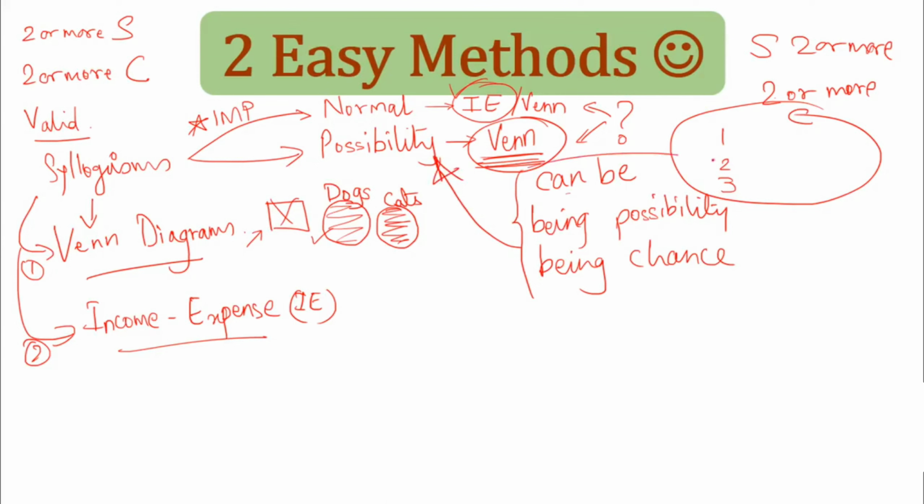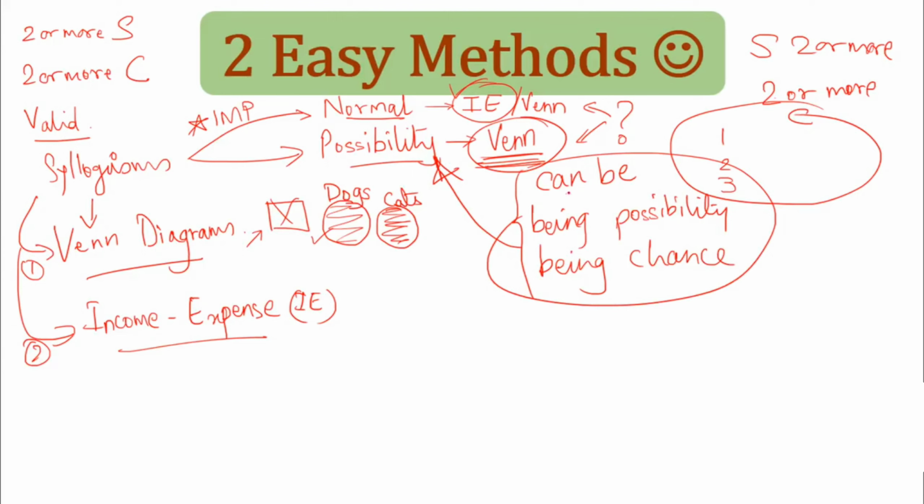If you don't see these words, it is a normal sum. Normal means I have just given it a name, normal. There is no such name as normal. Just for your benefit, for you to understand, I have segregated the sums into two parts, normal and possibility. Possibility is a little bit complex. It's not difficult, but a little bit more complex than normal sums.